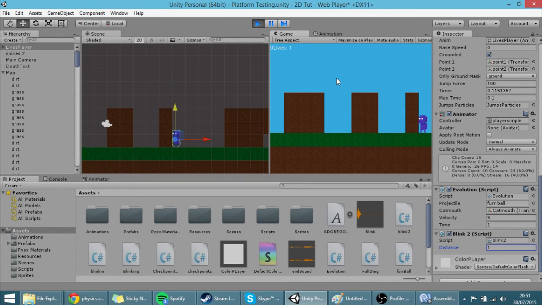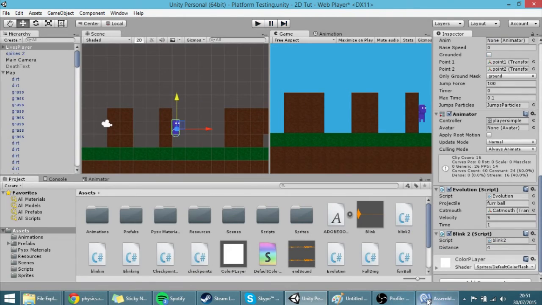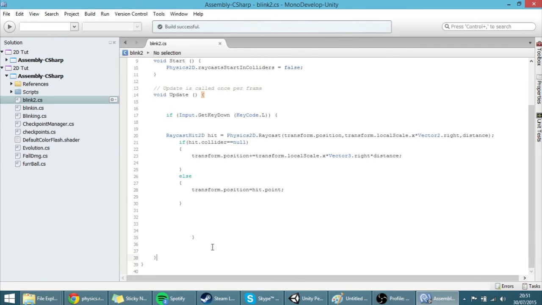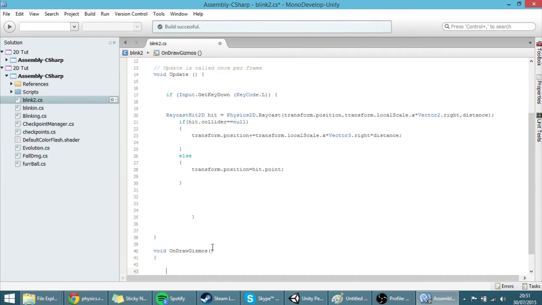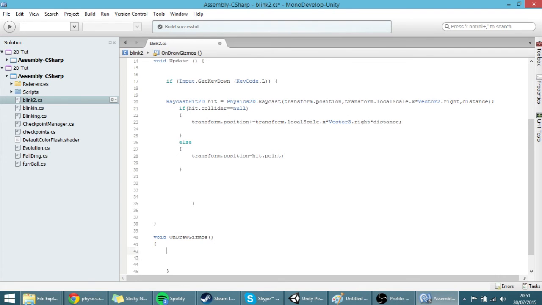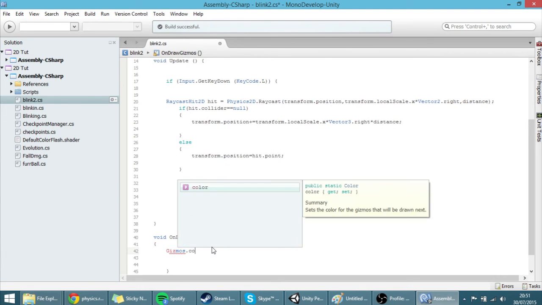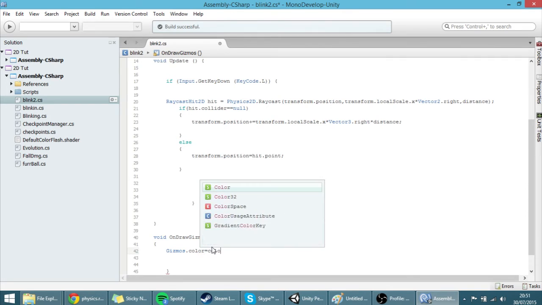And now I'm going to show a line to show wherever we're going to go. To do that, just put here void OnDrawGizmos, and first we have to set the color of the gizmos. So Gizmos.color, and we're going to make it blue,